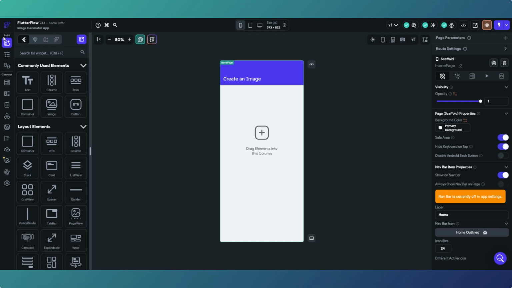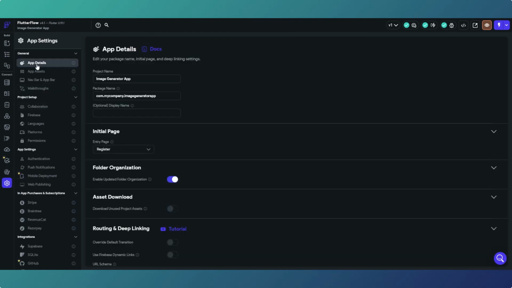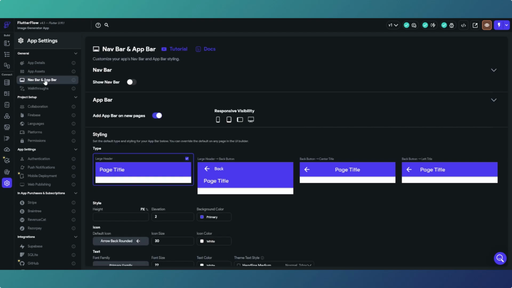So over here on the right hand side, we've only currently looked at the widget palette, which we're on now, and the widget tree. All the way down the bottom, we've got the app settings, which we are going to come back to as well when we're adding the database extensions and so on. This is where we add Supabase into it. This is where we publish to the web, and if we're adding in-app purchase, that kind of thing. But for the moment, we just want to add the app bar. We want to show the nav bar,